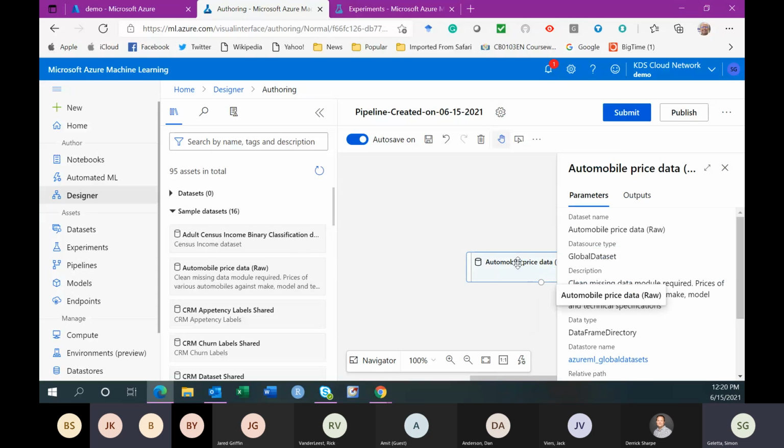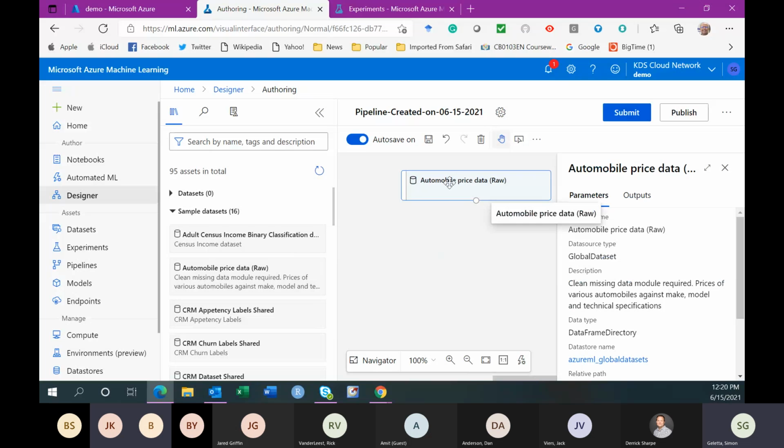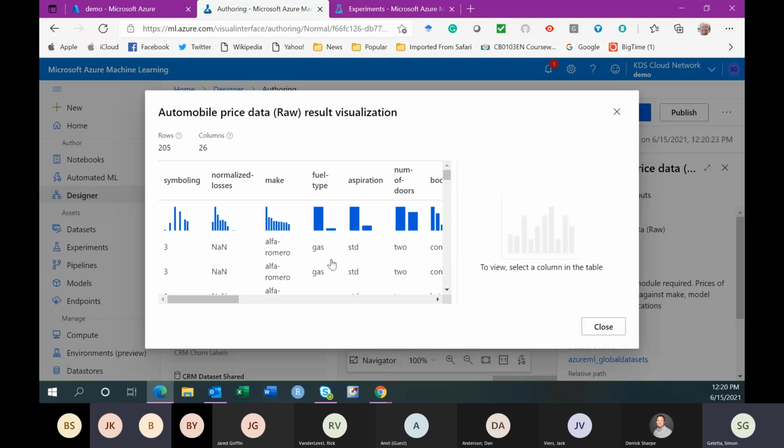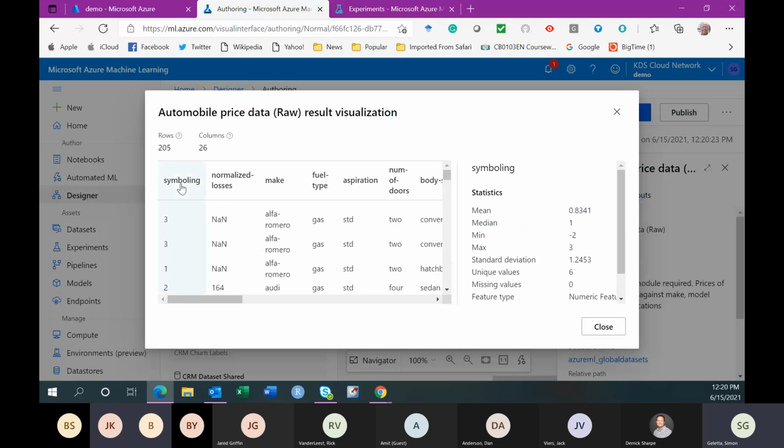I'll use that, and as you can see, the data comes to the canvas here, and the details about the data could be seen here. If I want to actually visualize the data, I can go in there and then visualize the data output. Those are all the fields that are on the data, starting with symboling.